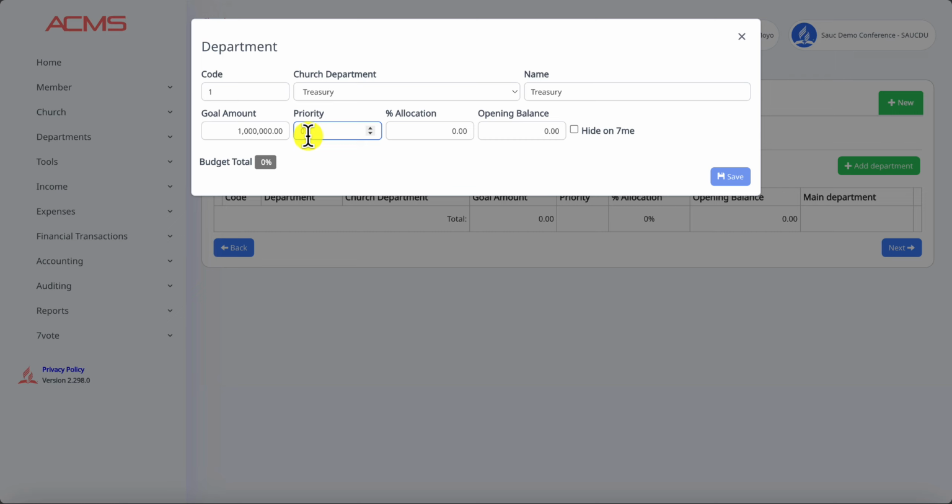And once that goal has been reached, then the offerings can either go into the treasury or any other department that is specified. So you need to put priorities here so that if you do more than one department, the system will know which one is the priority goal department to fund until they hit their goal, and then they go on. So in this example, I'm going to just leave this as 0, put this to 0 as well,